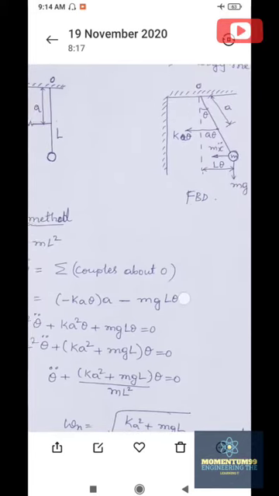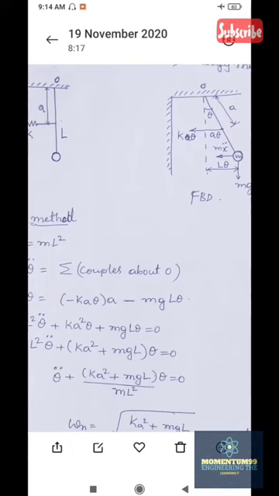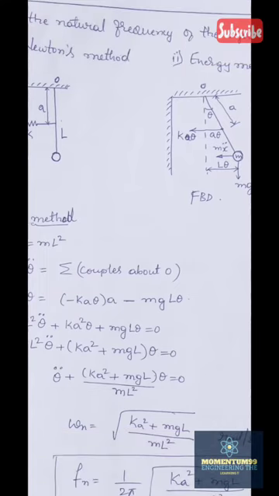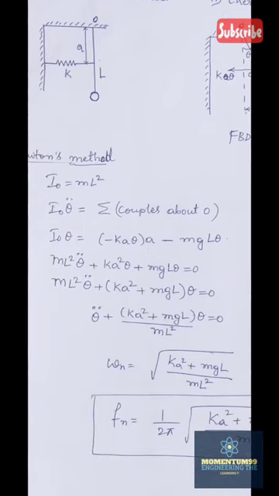Now which are the restoring forces? One, we have the spring, and the other is the force due to gravity. Now the spring force, I have said earlier, is K a into theta. You have to remember this straight formula. Don't worry about how you got it. There is a big derivation for that one. You need not learn that one. Just remember this one: K into distance into angular displacement into again distance.